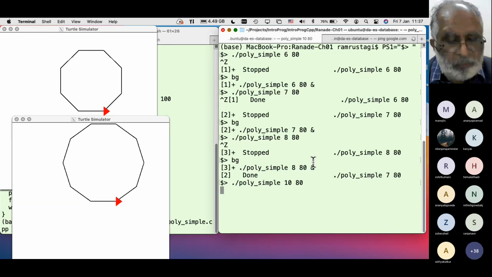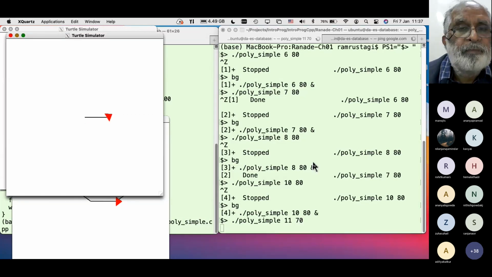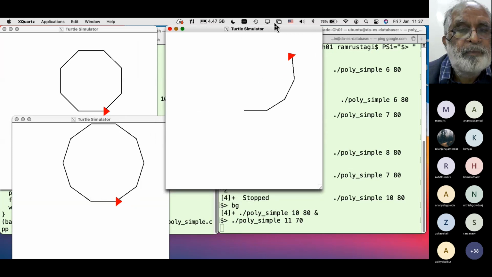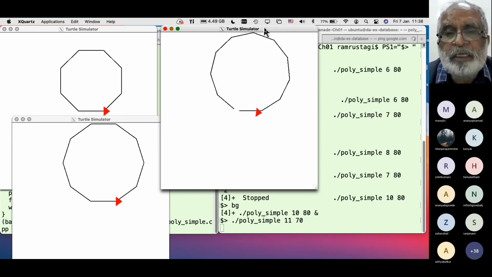But now if I run with 11, I'll reduce the side so that it fits the screen. So you see the gap when you draw 11.